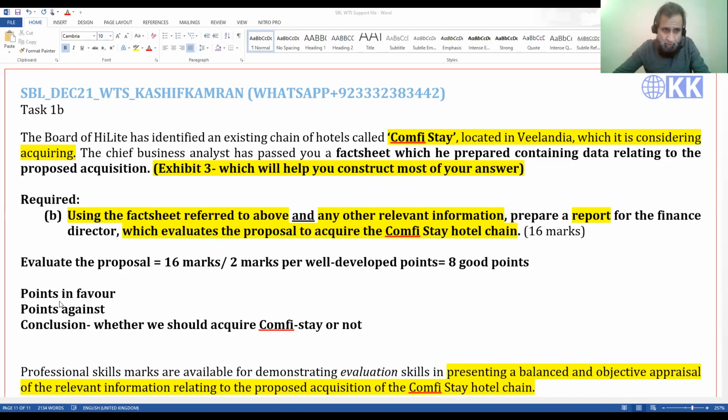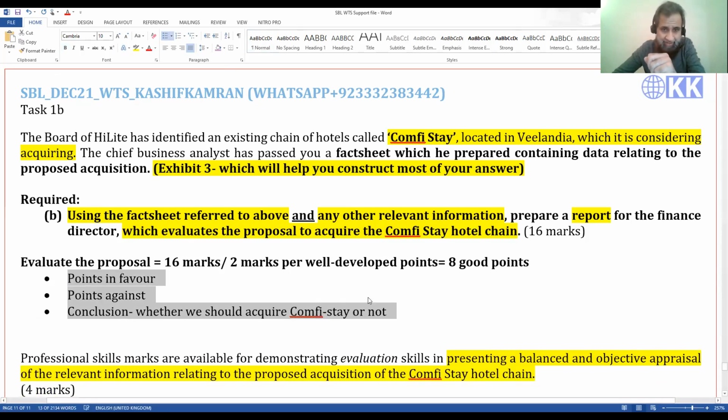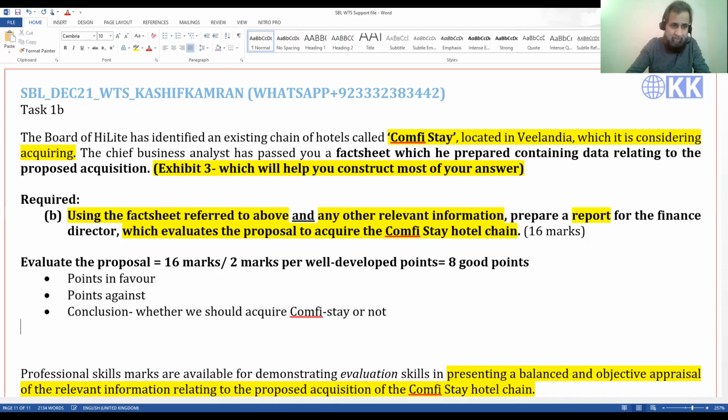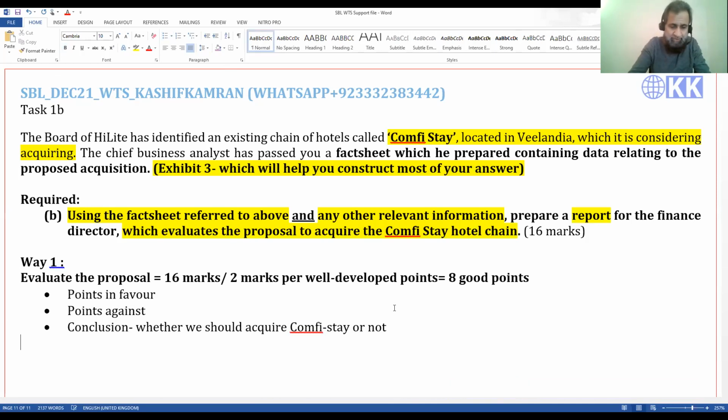Is everyone clear? So points in favor and points against. Is that one way you can write up the answer and finish up the answer in evaluating the proposals? And one student, just like Mohammed Bakas told us, says I can also write the answer this way. This is way 1 to write the answer, but this is way 2 to write the answer. So Mohammed Bakas is saying, if I write the answer using the SFA model,